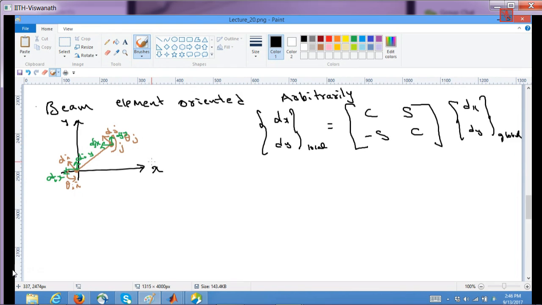So using this for a generic element, we can write, neglecting axial displacements,